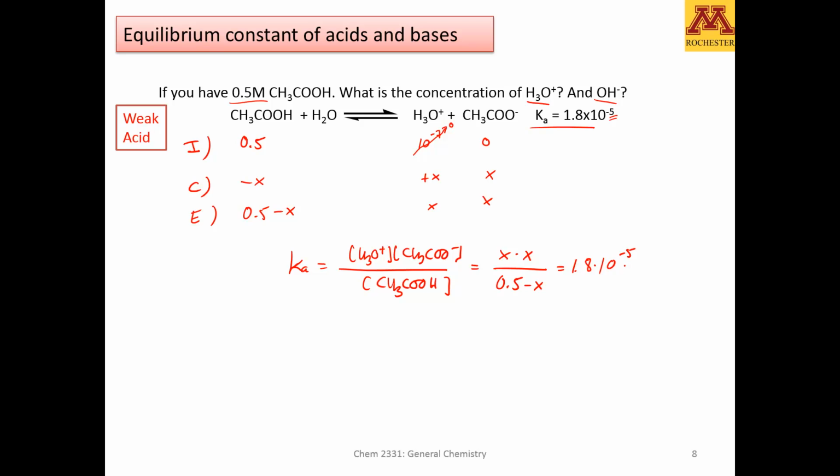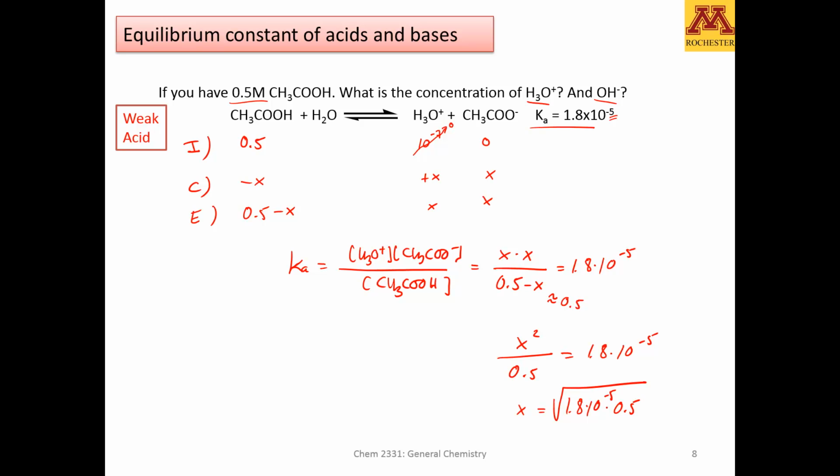Now notice that this Ka is very small, therefore x will be very small. We can approximate the denominator pretty much as if it were just 0.5. This is going to simplify our calculations because now I just have this 1.8 times 10 to the negative 5. Therefore x will be the square root of 1.5 times 10 to the negative 5